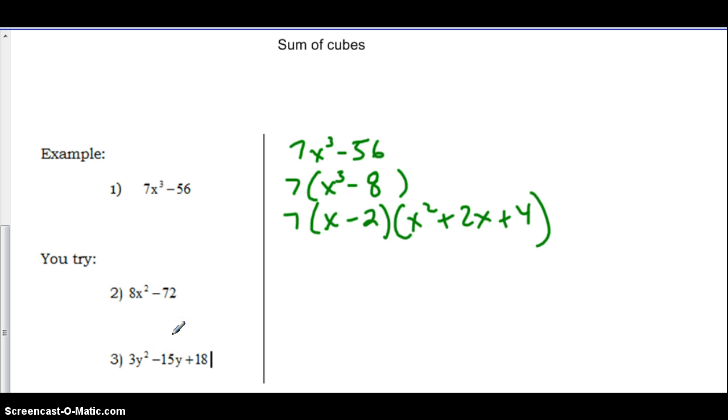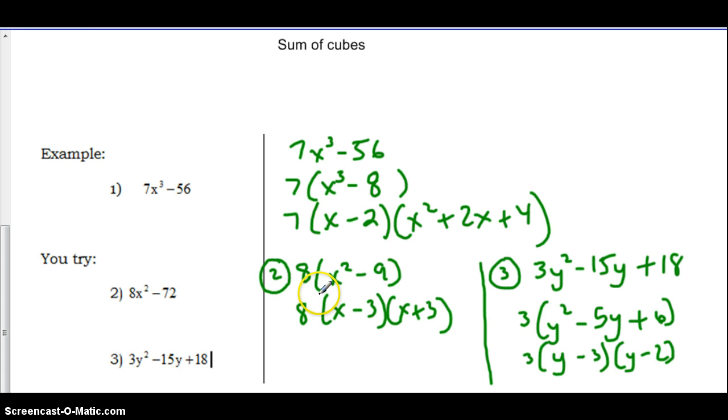Now go ahead and try 2 and 3 on your own and bring them back. Okay, when you uncovered the greatest common factor in 2, you should have found a difference of squares. And then in 3, the greatest common factor